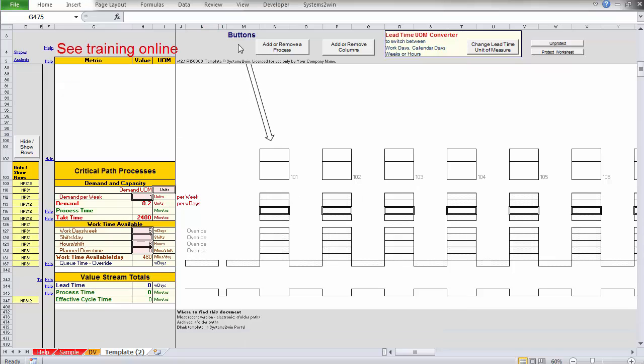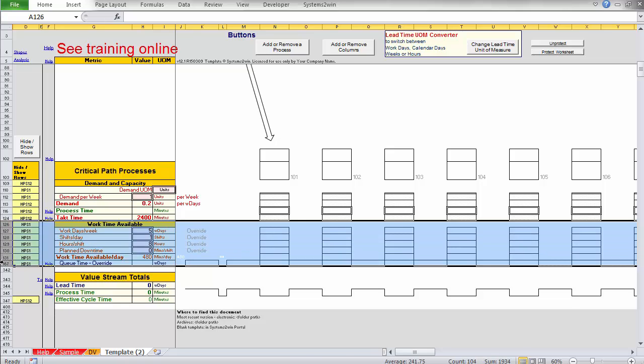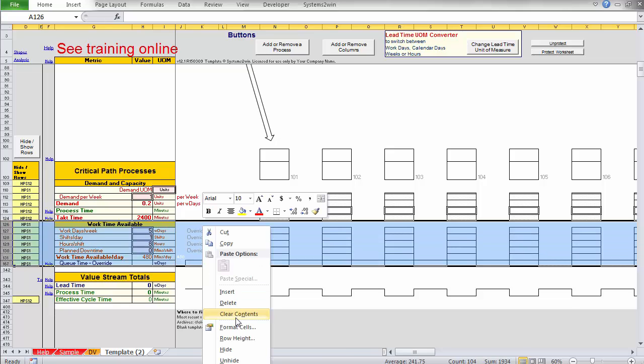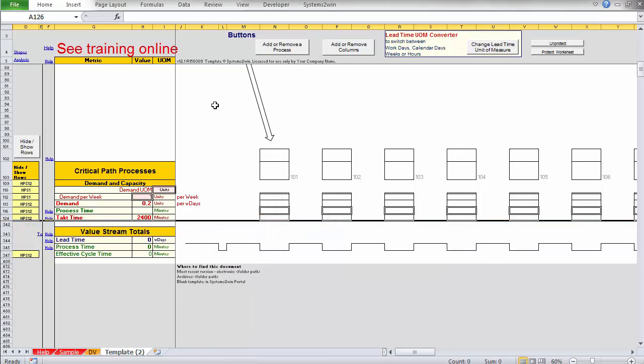Now you might have people who say, gosh, that's just too confusing for me. I don't understand all that. And you go, gosh, I don't want to overwhelm my people with more than they're ready for. So it's Excel. You can just hide things that they're not ready for, and it's real easy to hide things and strip it down to only those few things that you're really trying to focus your people's attention on at this moment. But you can also go the other way and unhide. Use your hide and show rows button to unhide.